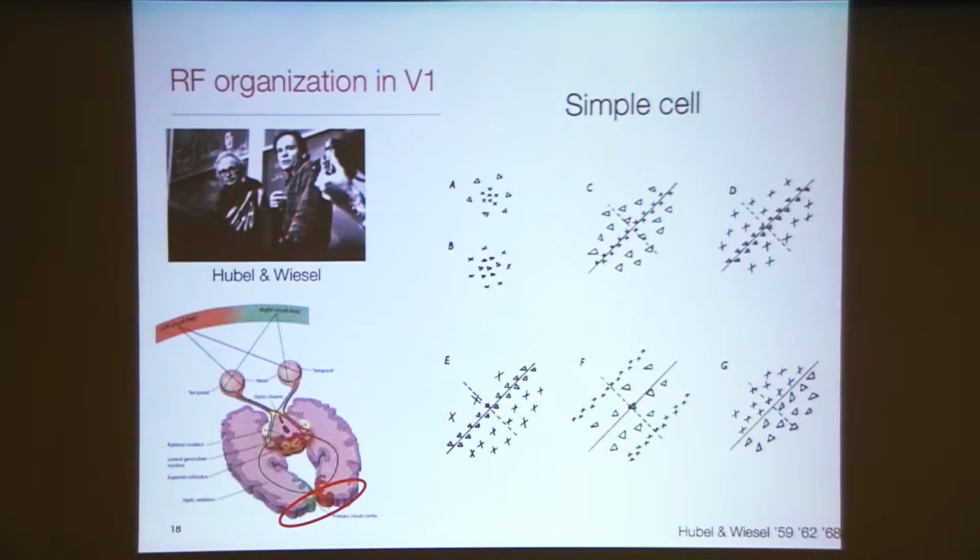All right. So to give you a flavor of the types of processing that are happening throughout these stages of processing, let's look at what's happening at the level of the primary visual cortex. Some of the early work was done by Hubel and Wiesel back in the late 50s. They got the Nobel Prize for this work in the 80s. And while recording in the primary visual cortex, they found several types of functional cells. I should emphasize that the notation I'm using here is slightly different from what I was using, where the pluses and minuses are now replaced with bars and crosses and triangles.